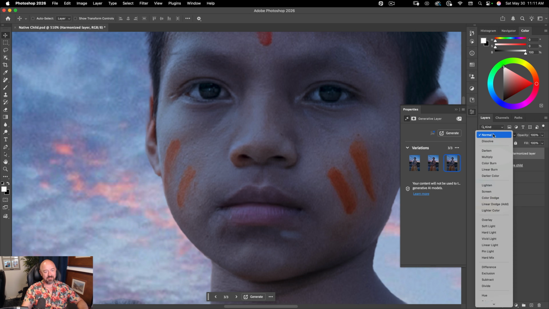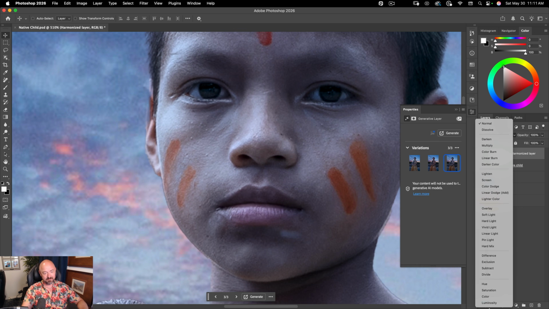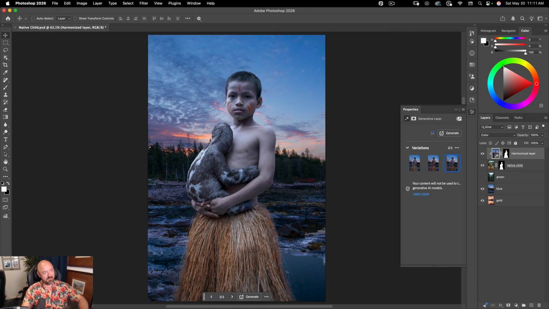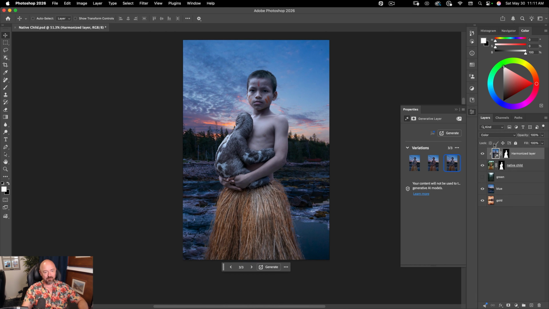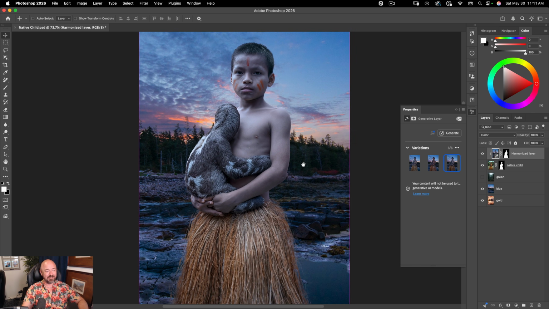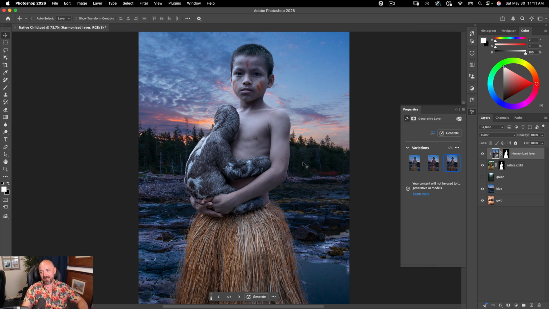And then I'm going to put this on color. So now I have my original luminosity, but the color from here. And even now I feel like that color is too strong in the highlights, meaning I like what it's doing to the shadows. It's making those shadows blue, but the highlights feel too desaturated, and it's making him look kind